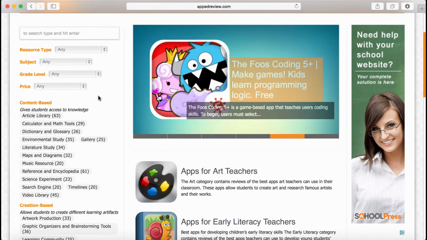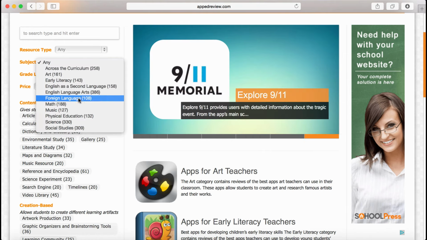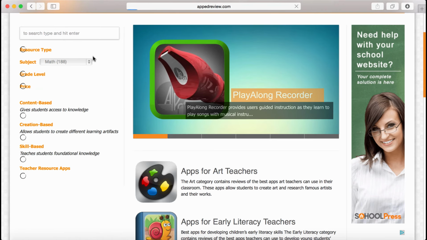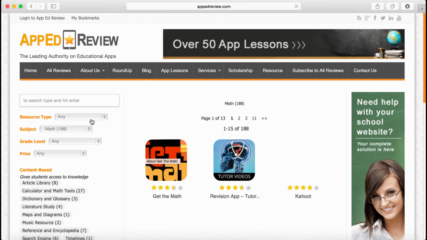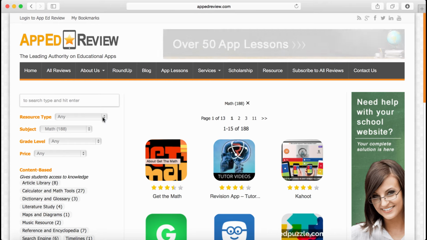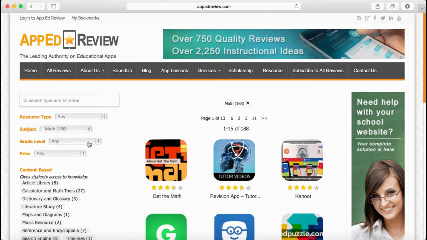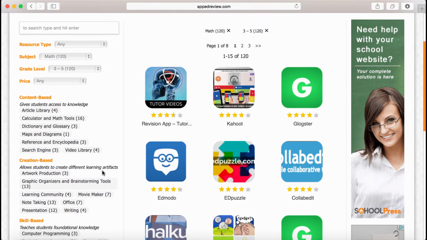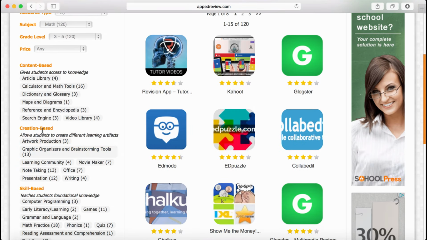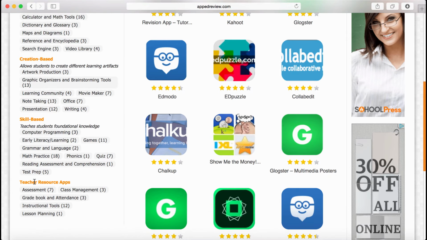We can say we want to find a specific subject area, so we're going to go to our specific subject area and say we need math. It will take some time, and it will upload the specific areas, the math apps, and we can actually go to a specific grade level. Say we need 3 to 5, and we can go down to content-based, creation-based, or skill-based, or even teacher resource